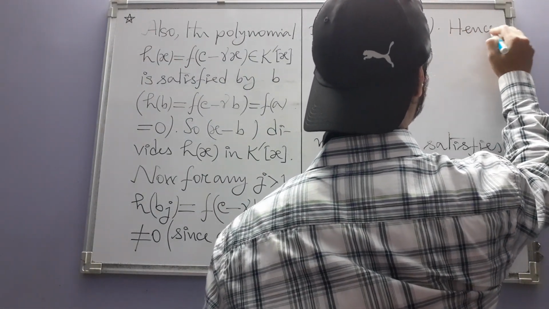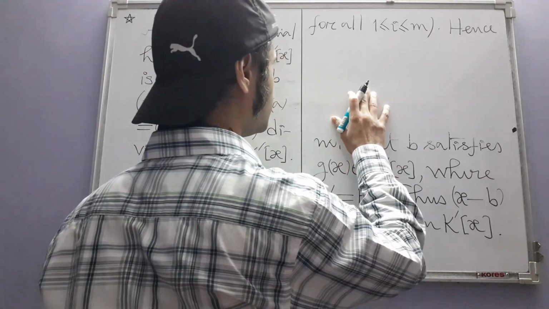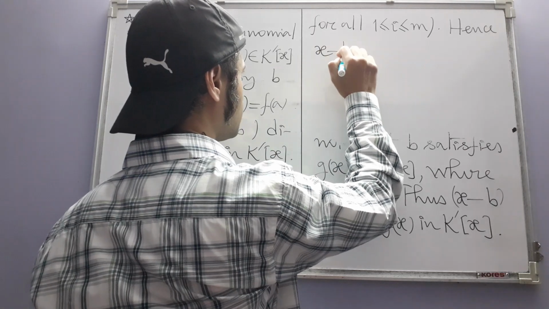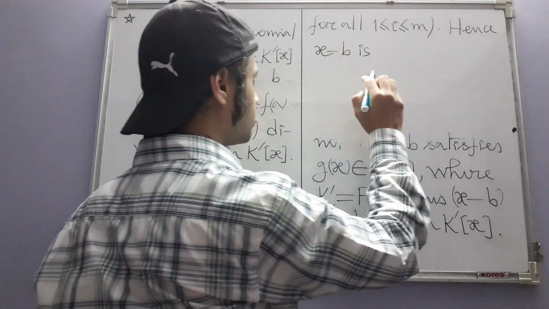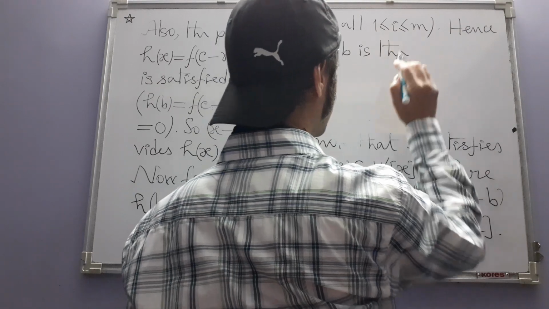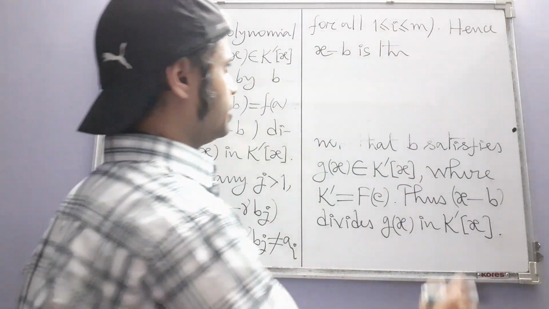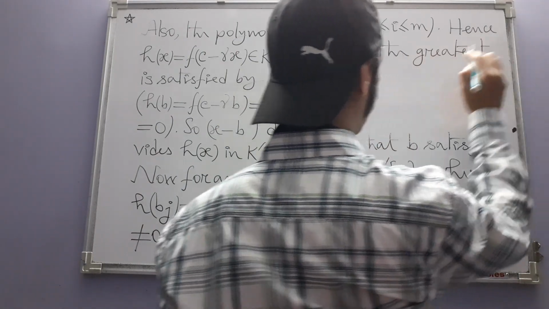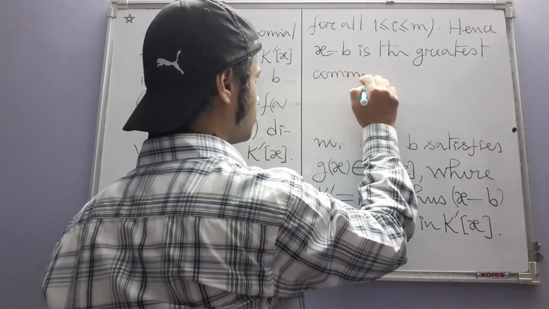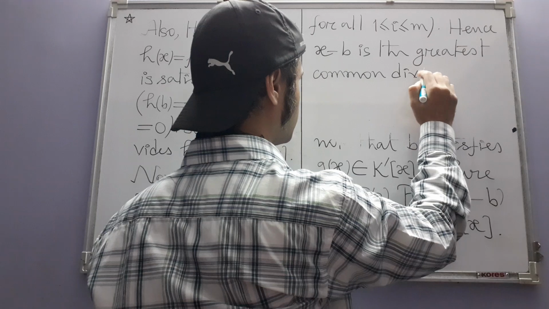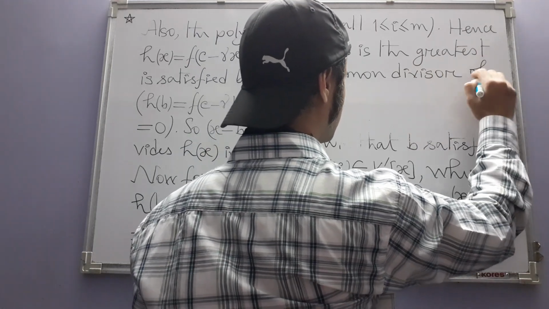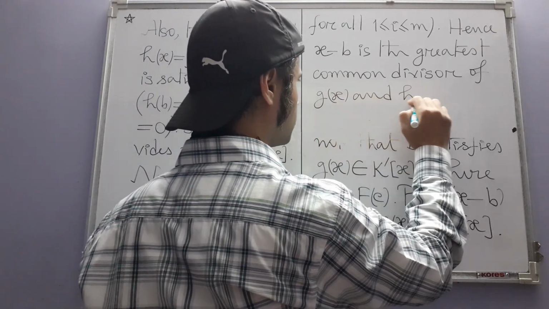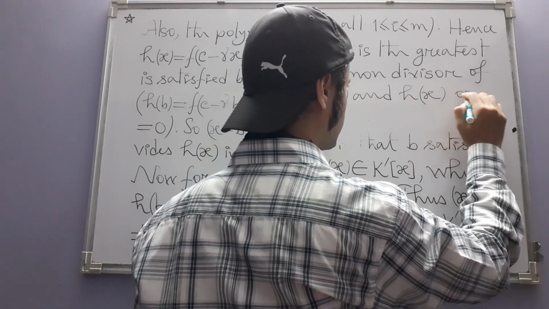Hence, x minus b is the, okay, so if it is the only common factor, then this is the greatest common divisor of gx and hx over